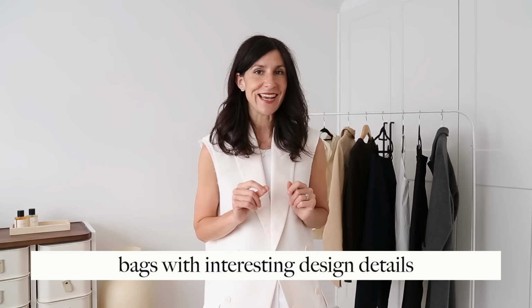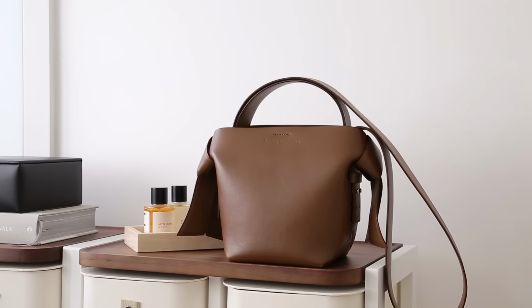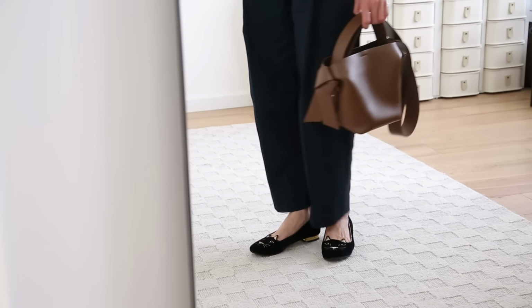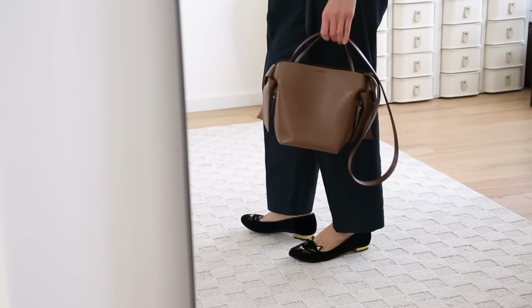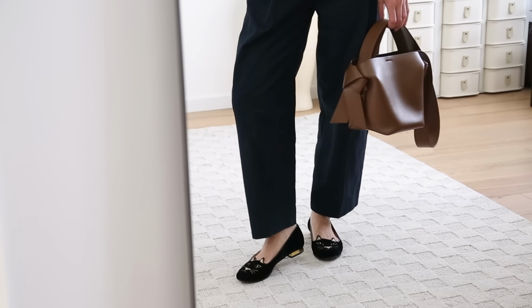Something you may know about me is that I don't tend to covet designer handbags. I have a small rotation, but I actually reach for them less than my mid-tier bags. And the thing that really sets them apart is actually the silhouette. The fact that these bags that I am spending on, that I'm quite happy to buy, they really do have a point of difference in my eye, and that's what makes them unique, and it adds a lot of value to my outfits. I'm thinking about how I can bring in another dimension, another silhouette, some interesting shape, some texture